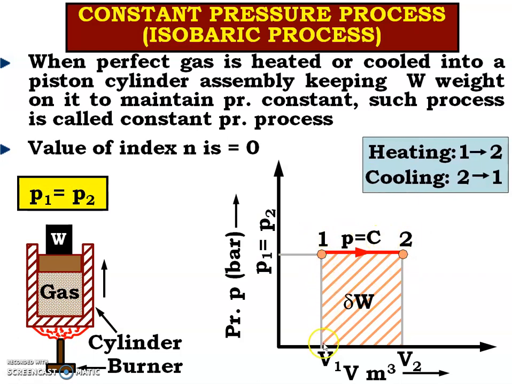This represents the area under the PV diagram. And area under the PV diagram gives us the work done. And that is the graphical representation of area for any process. Heating process is denoted by the 1 to 2. And if it is 2 to 1, then it is the cooling process. It means heat is removed from the gas. And that was the PV diagram.